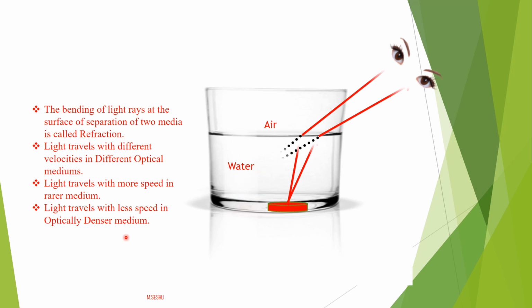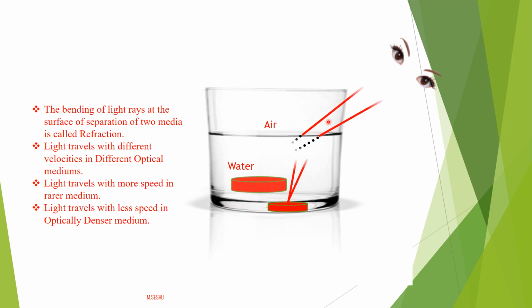Optically denser is nothing but how much a material is able to slow down the light. It is the tendency of the material. How much a material is able to slow down the light is called optical density. Because there is a difference in the media, here is the air, the rarer medium, and here is the denser medium, at the surface of separation, the light ray bends,